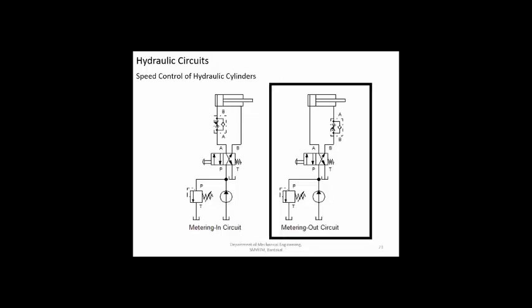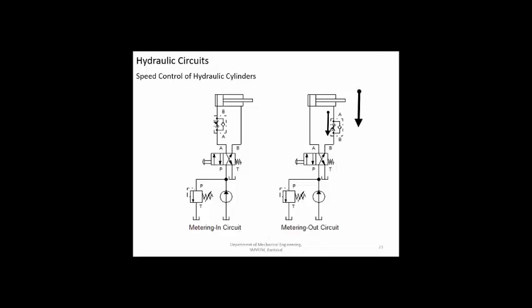Now what is the disadvantage? The main disadvantage of metering out is loss of pressure or loss of power. Why? The pump is trying to push fluid, and the piston is trying to move forward, but it is held back because the fluid is passing through the flow control. So it is like a resistance to the flow. Energy is lost because the fluid is trying to escape through this particular flow control valve. So there will be a loss of pressure in case of metering out as compared with metering in. We have to always remember, it is as compared with metering in. Metering out will have slightly more pressure loss or loss of power.